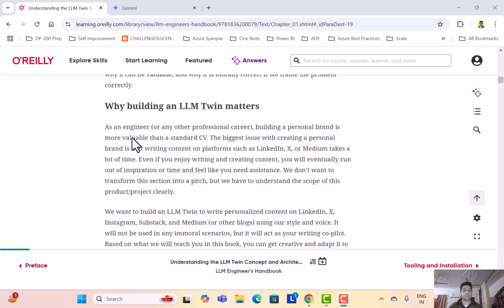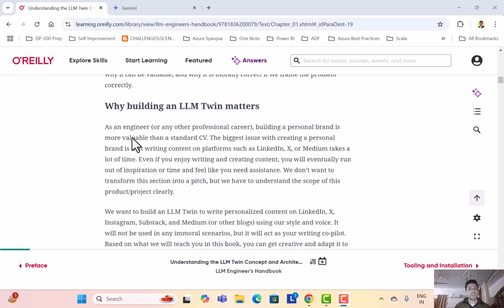There would be someone to trigger that action, because if I'm sitting on a sofa, or even sleeping, and I don't know what LinkedIn posts are coming on my page, and how I need to reply, because I won't be using it. So how can this LLM twin or this application post or write a blog?